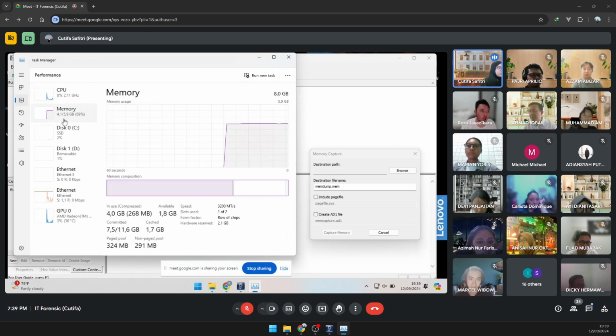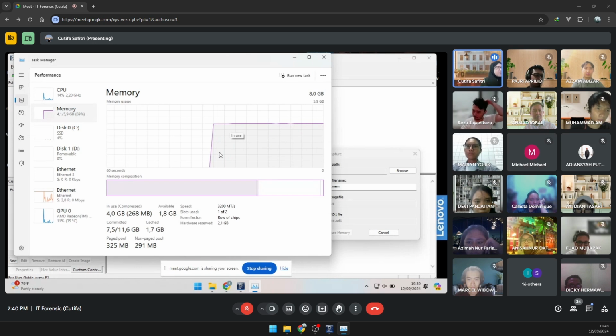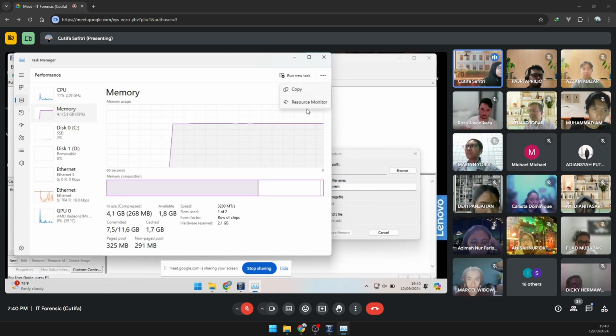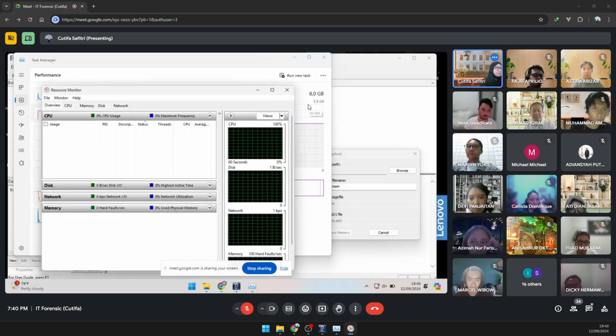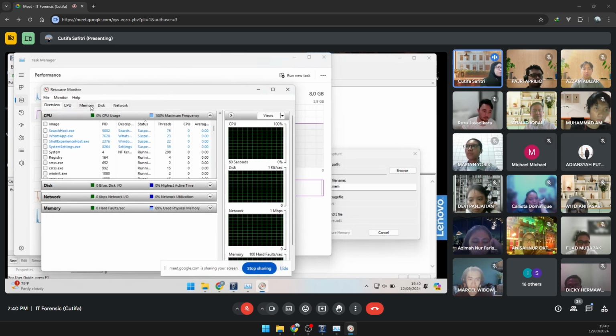You have CPU, you have memory. Inside this memory are the things that are currently running in your computer. Now, if you could click in here and click on resource monitor, please. Go to your memory.